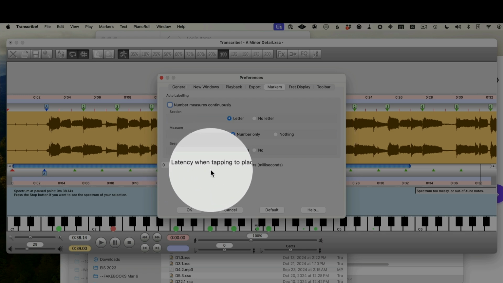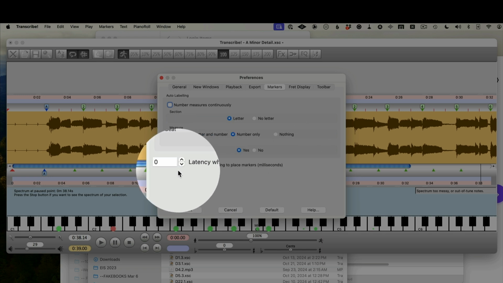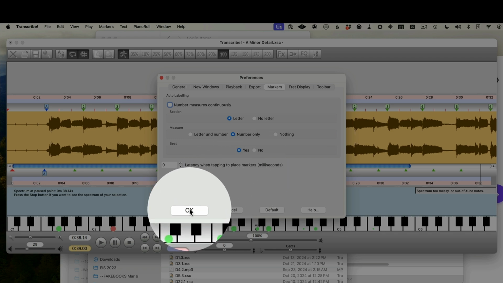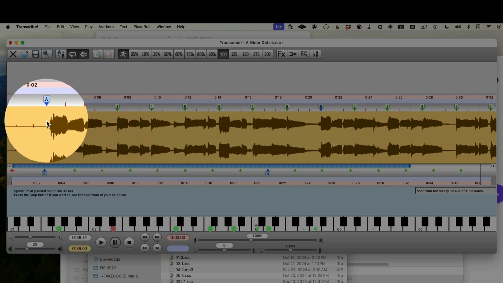And here is where you can set up latency. So you can create that offset I mentioned earlier. We'll say OK. And now when I play the piece,